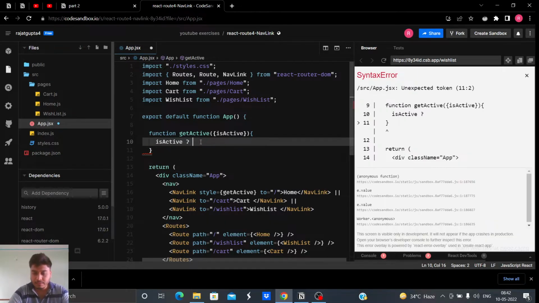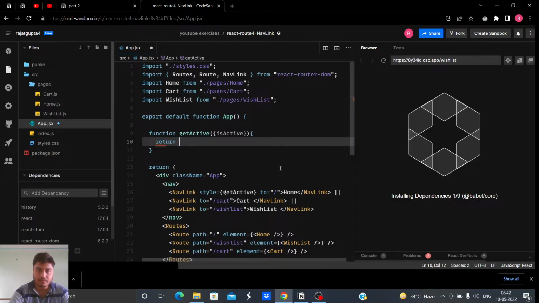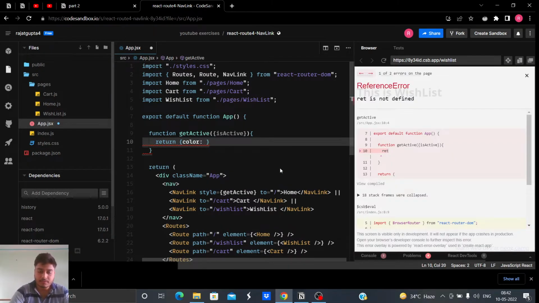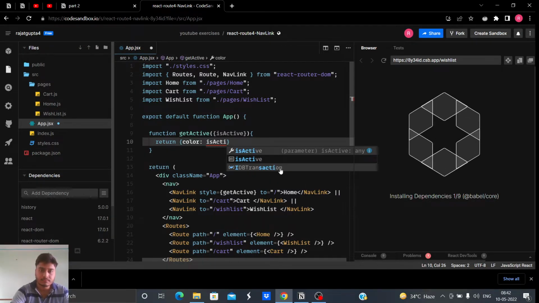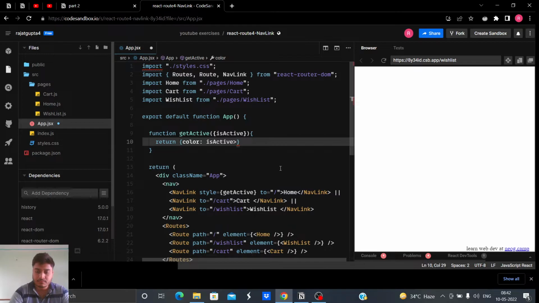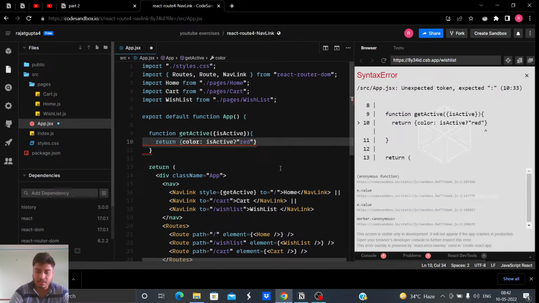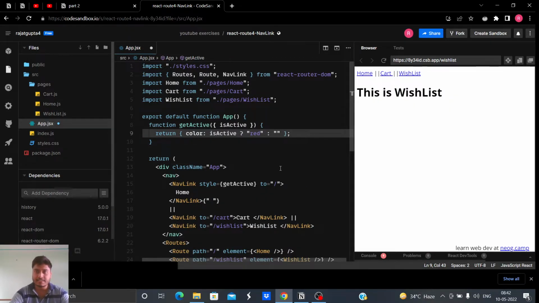If isActive is true, then return color red, else do nothing. So first let us see if it's working.